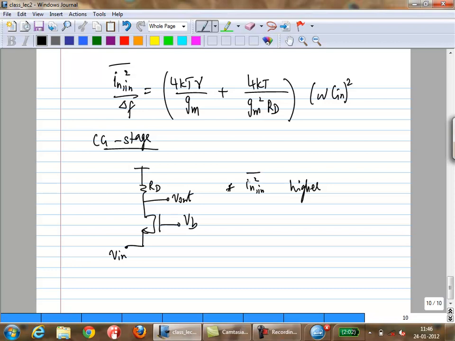So I hope you can now virtually see what's going to happen, right? You don't have to redraw the equivalent again and again for these simple circuits. What is the noise current from this? ID squared. What is the noise current from this? 4kT over RD. Correct? What is the output impedance? RD. Correct? So you can start doing open circuit, short circuit and so on and look at what happens directly. So suppose you want to find out Vn in, short circuit the input, right? Output noise is 4kT gamma Gm plus